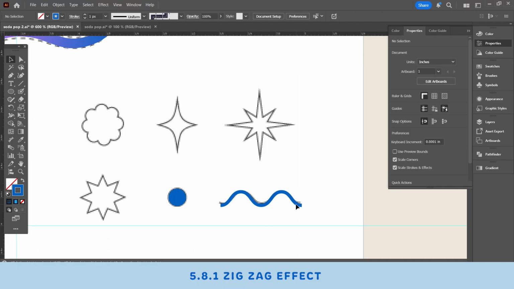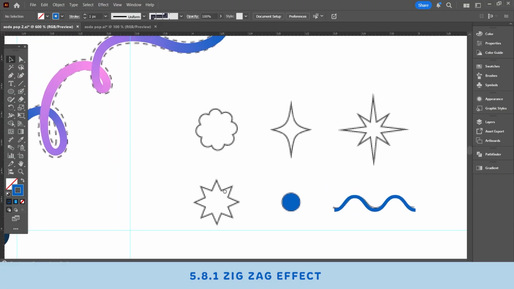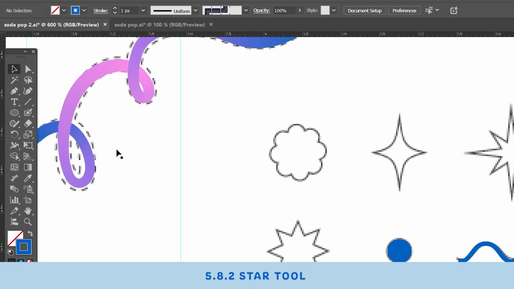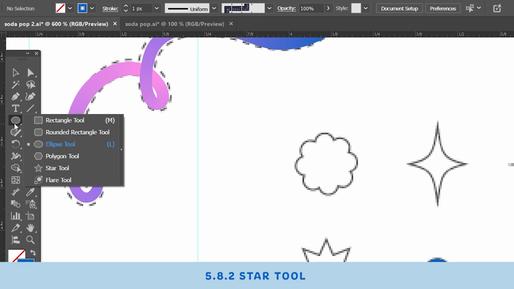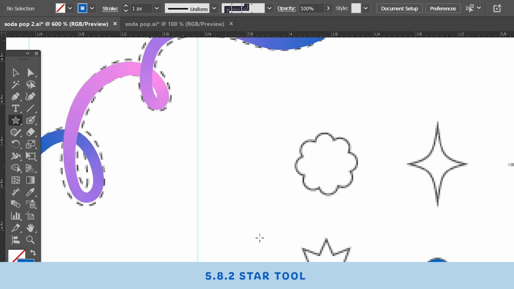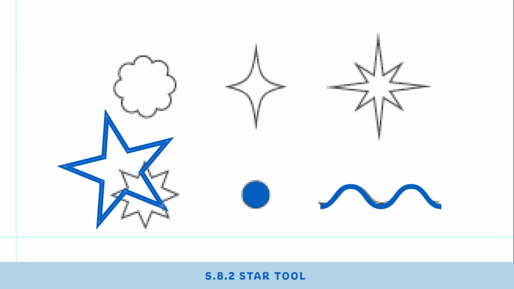Now we're going to create these star shapes. In order to create the star, you need to go into your shape tool. Currently it's an ellipse, but by default it might be a rectangle. If you long press, you will get all these options. You need to click on the star tool, and once you have that selected, just drag out a star,